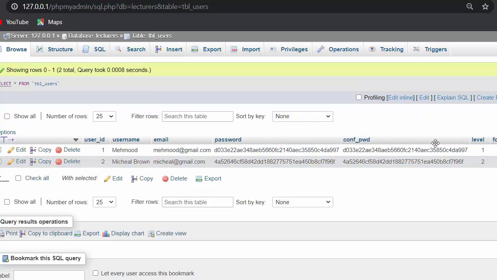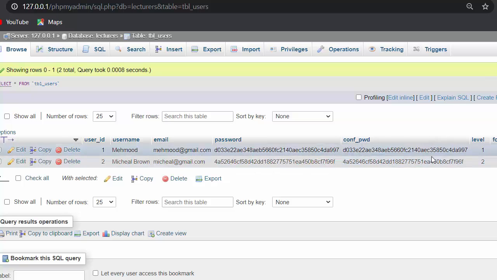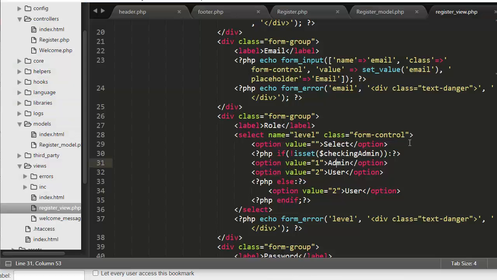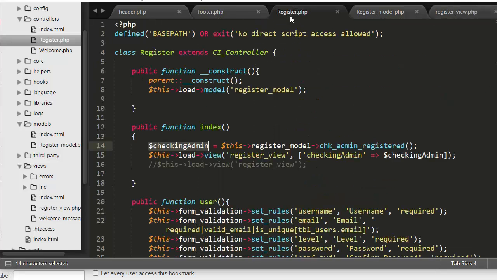This level as 1 for admin and 2 for normal user I have given inside the drop down, which I have created inside my register view template. As you can see here, 1 is for admin and 2 is for user. So from here these values get passed to the database. So this is everything about the registering functionality for our